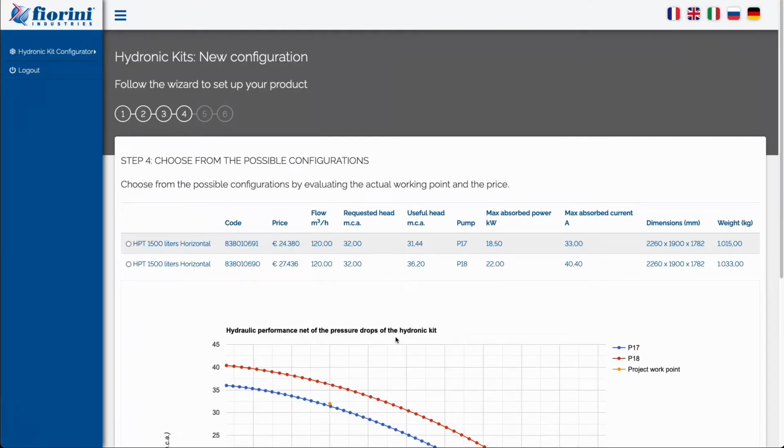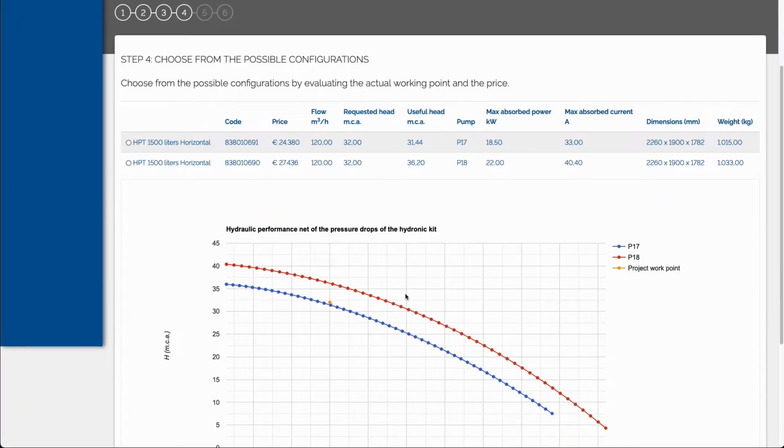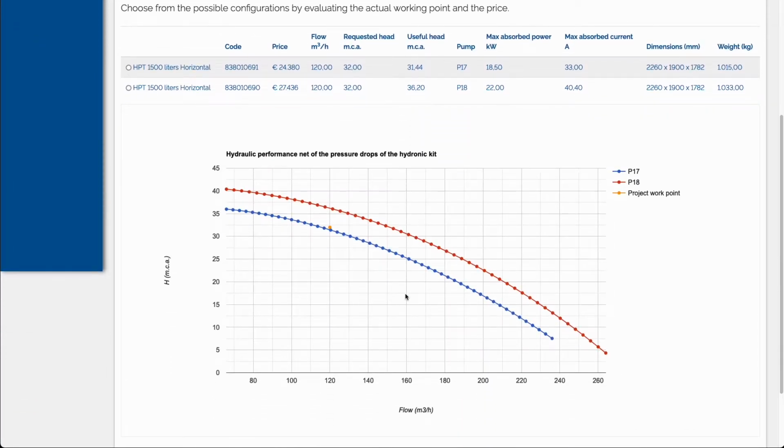In this step, the solutions listed are compatible with the parameters entered in the previous steps. The table shows the description, code, price, and size of the pump, and other technical details of the product. In particular, the table shows the flow rate and head for the project, as well as the head prompted by the solution. The performance graph of the two different size pumps is shown below the table, as well as the project point. It should be noted that the curves are already net of the pressure drops introduced by the hydronic